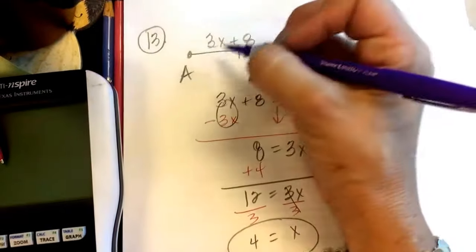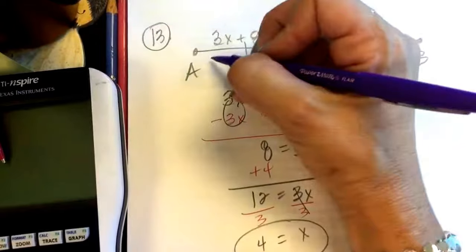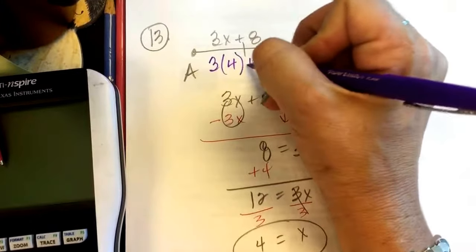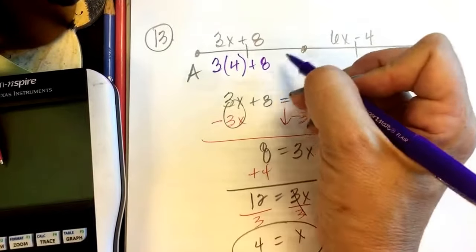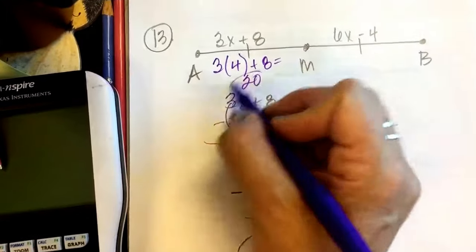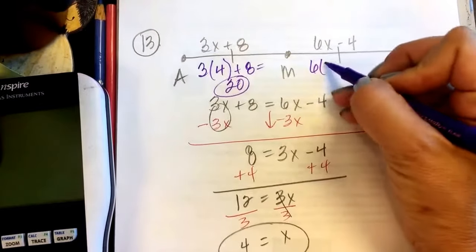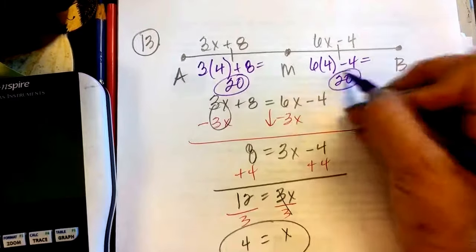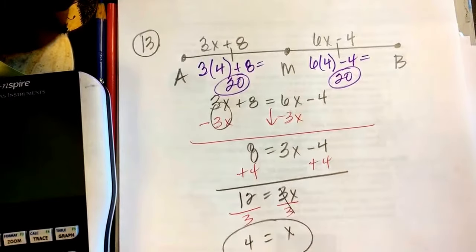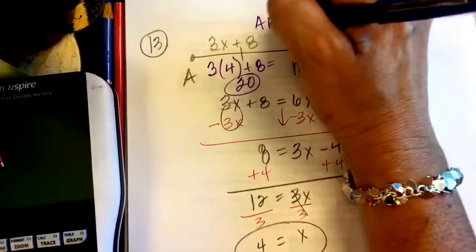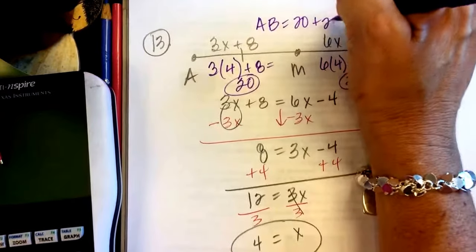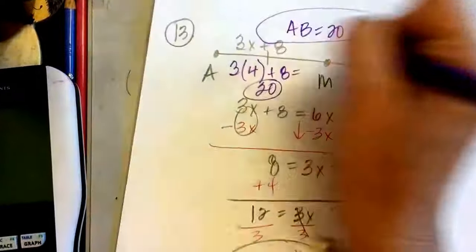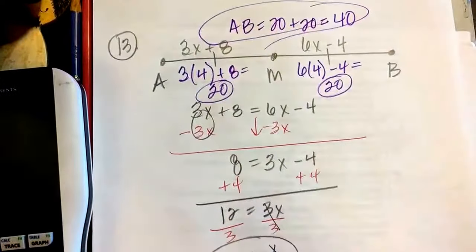Almost like an angle bisector problem that we had to do. Now you have to use your 4. Now we have to go back up and tell how long this whole thing is. 3 times 4 plus 8. That's going to be 20 from A to M. 6 times 4 minus 4, 24. That's going to be 20. So to finish this, what did they want? Find AB. AB is 20 plus 20, or 40. So we had to find the X, and then we had to